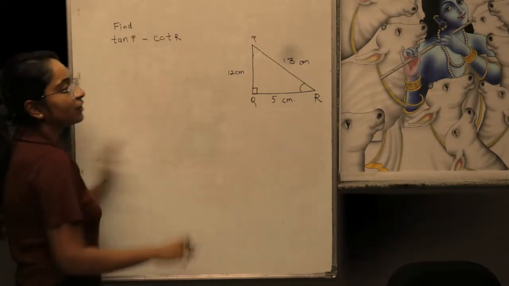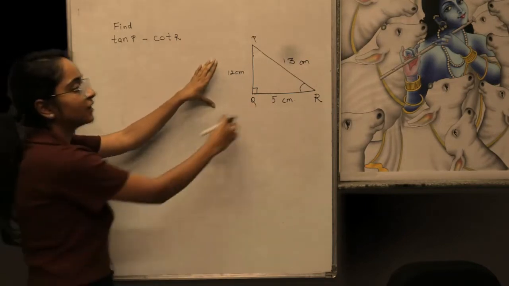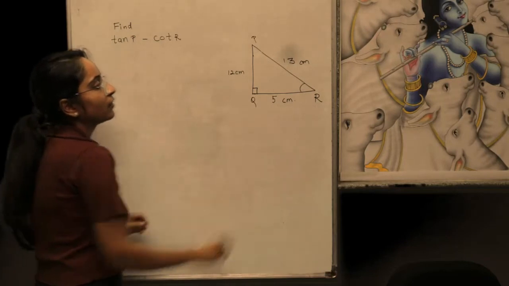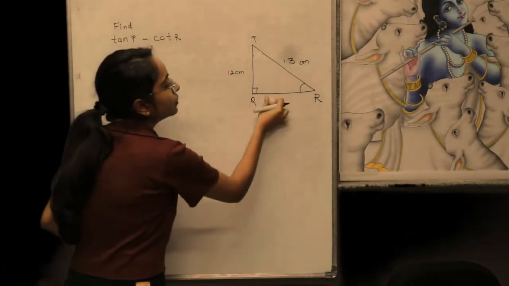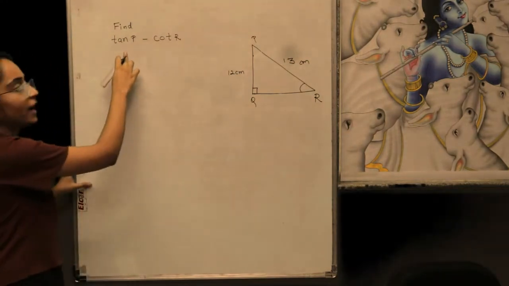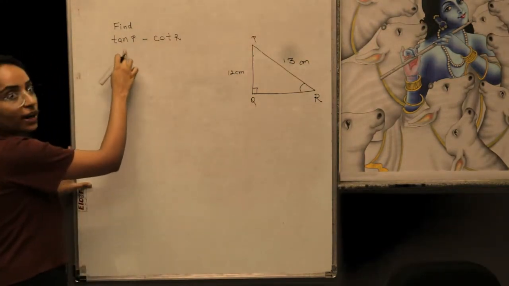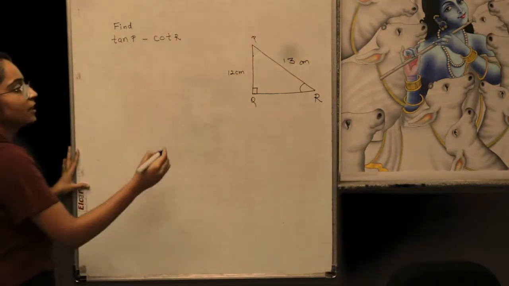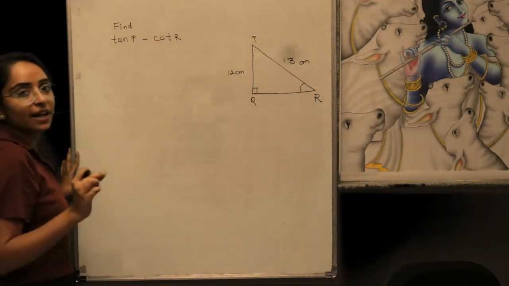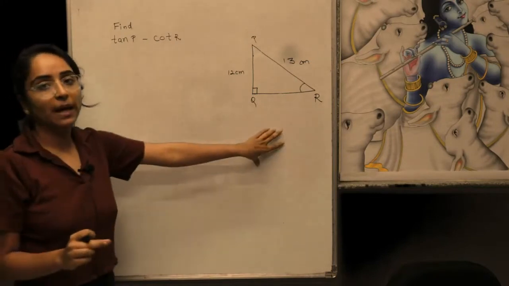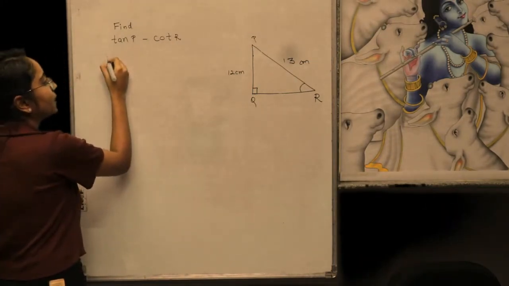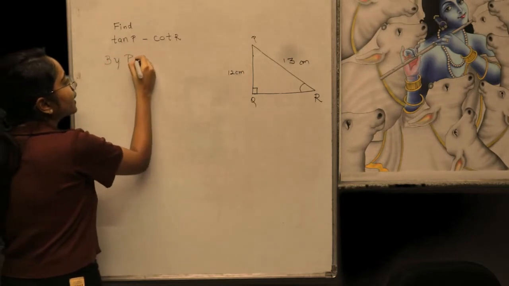Now here it is a right angle triangle PQR, which is right angled at Q. This is the given part, and we have to find the value of tan P minus cot R. Since it is a right angle triangle, first of all, we have to apply the Pythagoras theorem. So applying Pythagoras theorem, we get